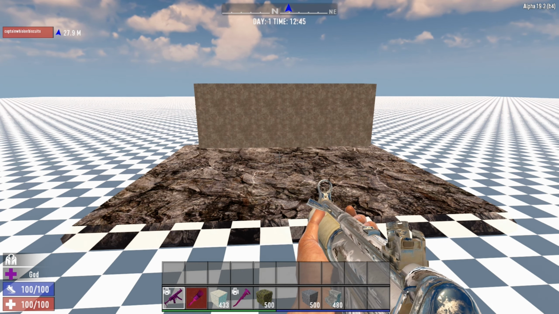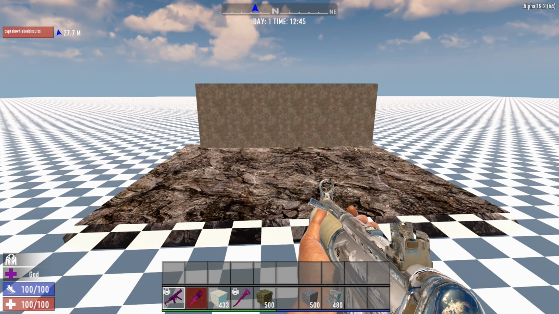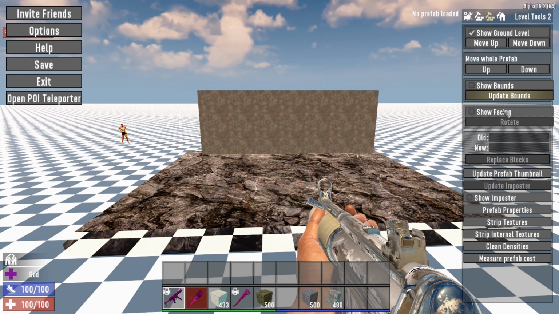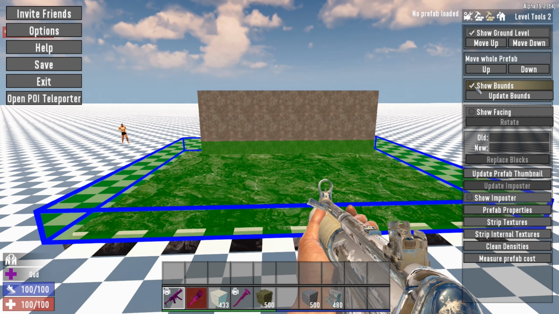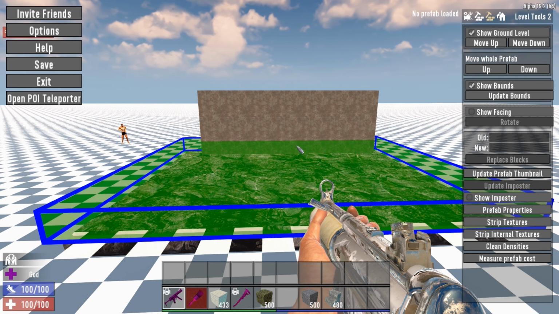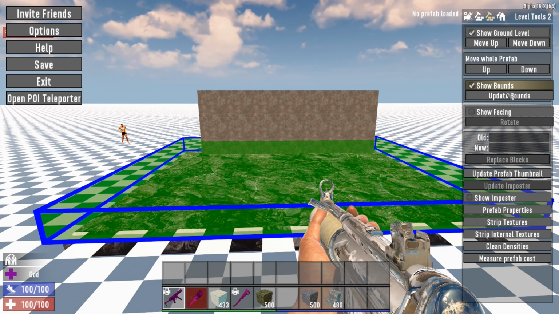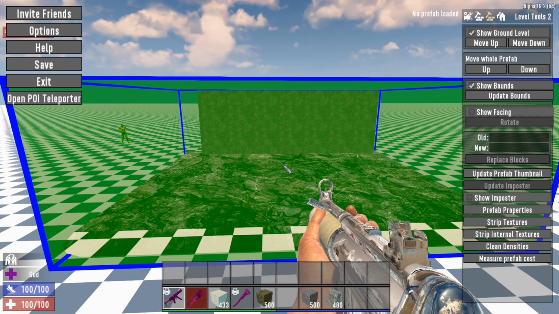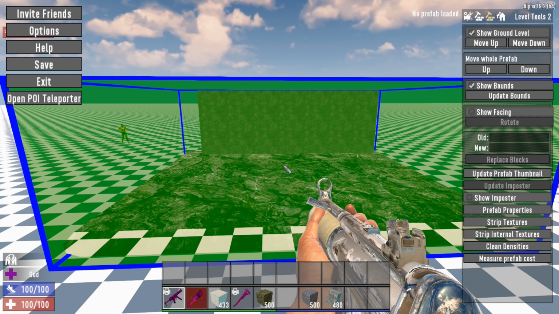Now, since we've changed the dimensions of the prefab, I'm going to go in and hit show bounds and see how that wall is not inside of the bounds. Now you want to update it. Watch when I update. There. Now it's grabbing everything that I've added, so it's essentially piecing back together the prefab into one nice little